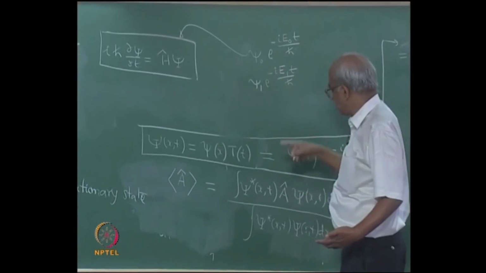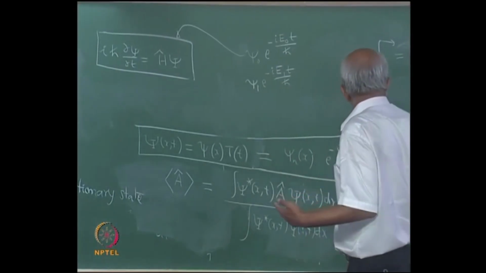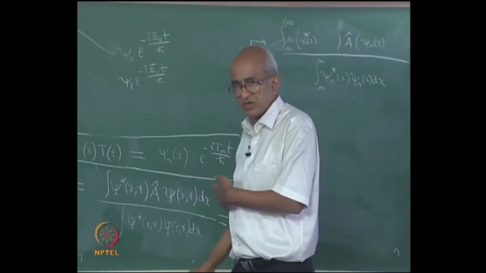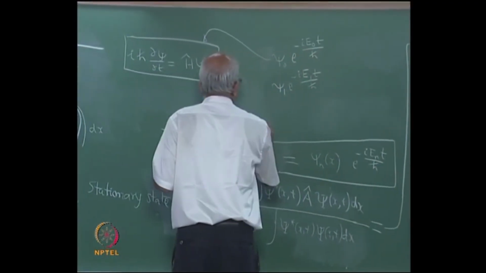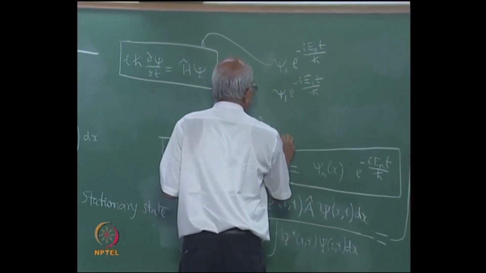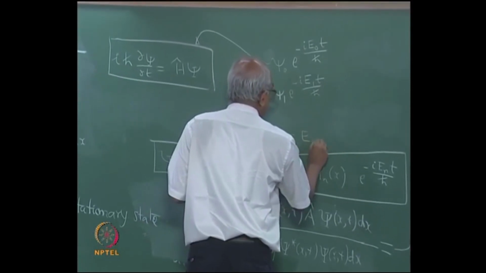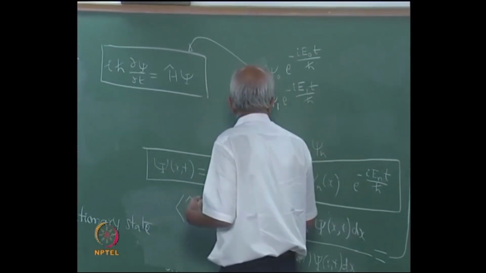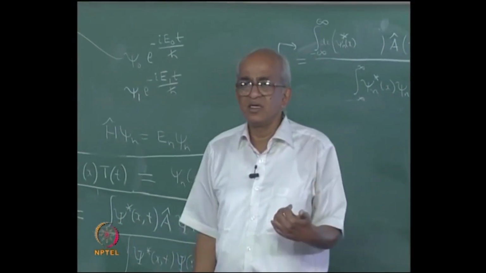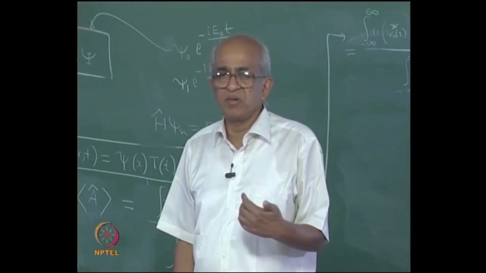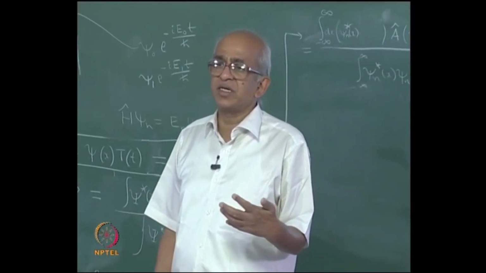If you look at the time independent Schrodinger equation, which I seem to have removed, it said that H psi n is equal to E n psi n. This is what it said. This means that E n is an eigenvalue of the Hamiltonian operator, and remember the Hamiltonian operator is the operator associated with